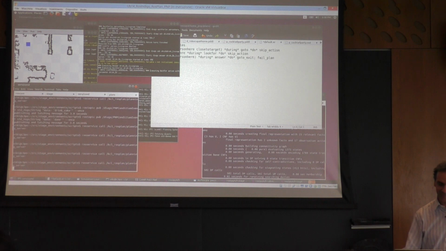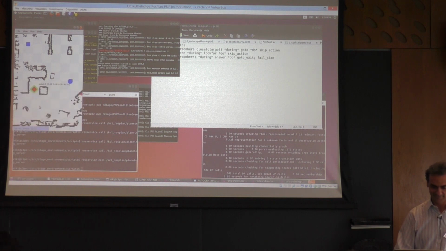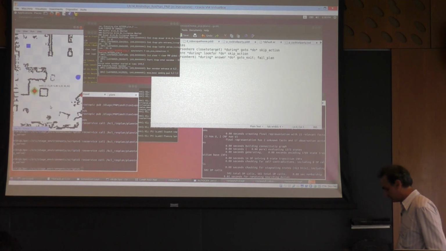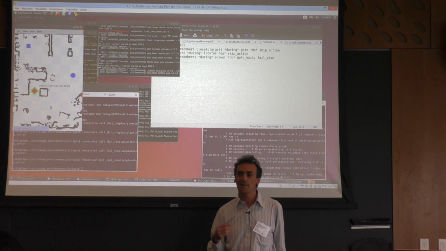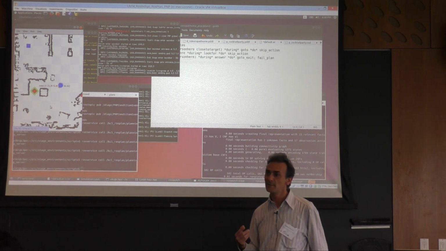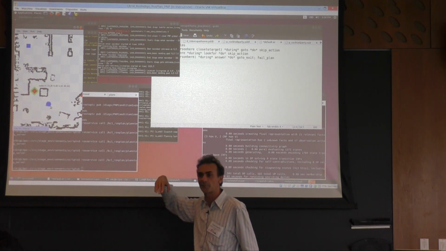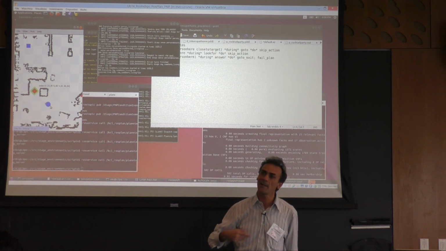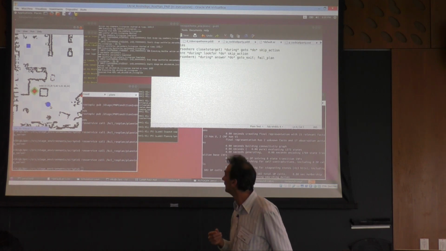Sorry, let me restart, because this behavior of rotating is not good. What is nice of this procedure is that you can debug the plan and find ways in which it fails. For example, this behavior of rotating is not good, and you can incrementally adjust the plan.